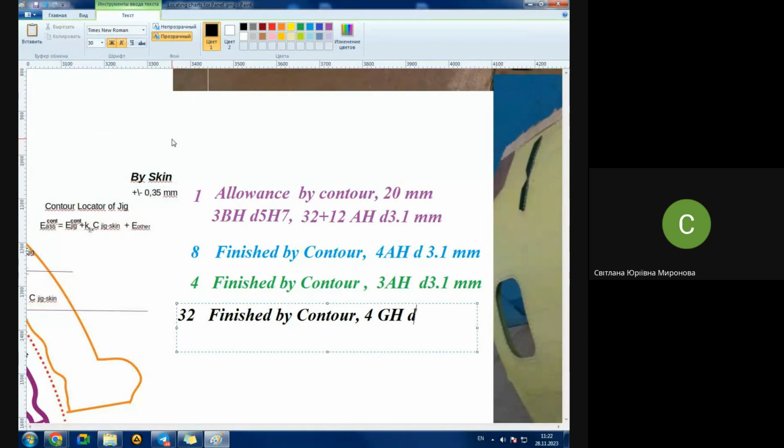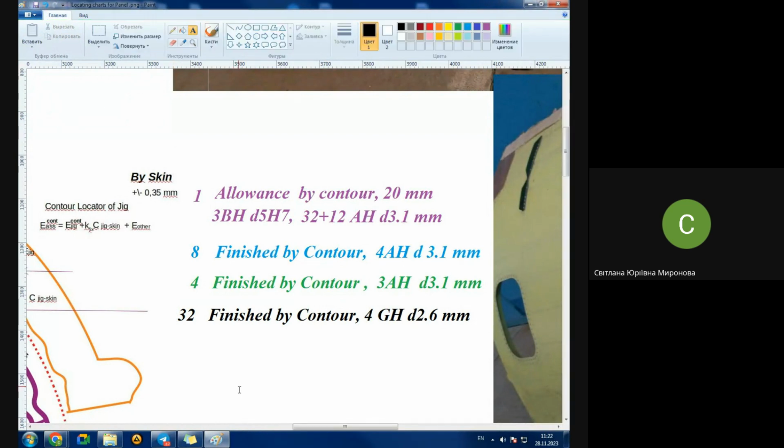And in order to not provoke people to ask you additional questions, like what is it, why do you have pin holes, it's not pin holes, it's pilot holes. But in our literature, it's mostly called guiding holes, directing holes, for directing the drill. For guiding holes, the diameter is usually much less than the diameter of the rivet itself, and normally they are with diameter 2.6. When it comes to those things,